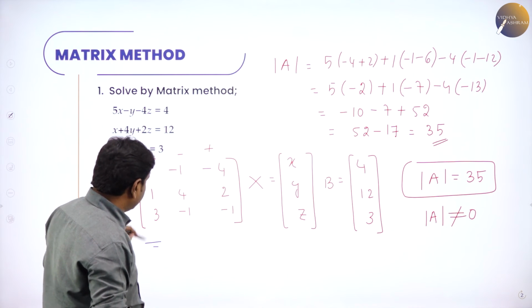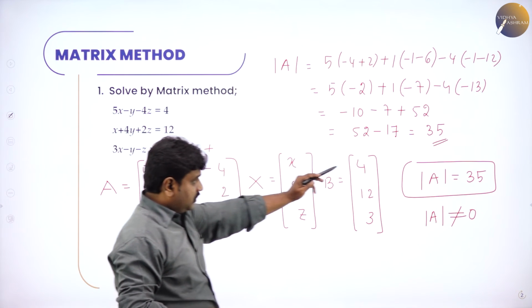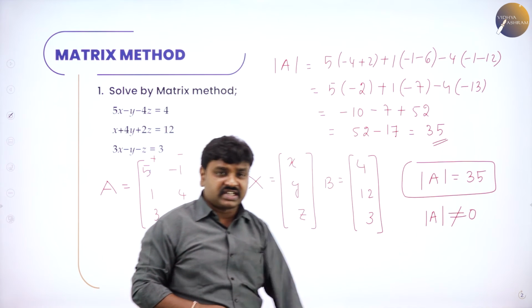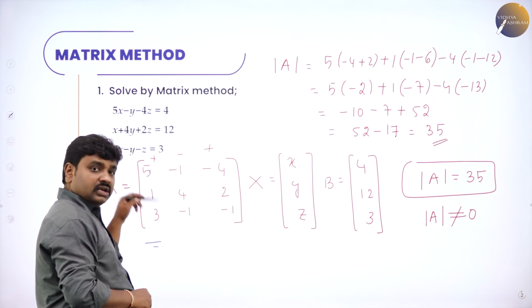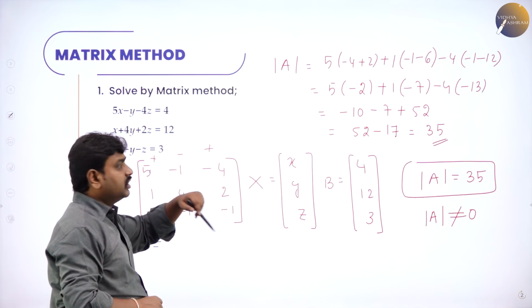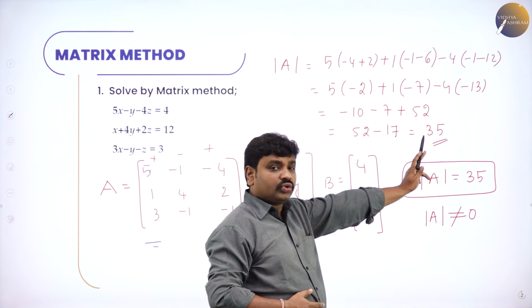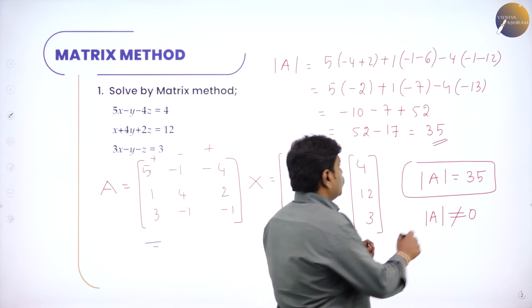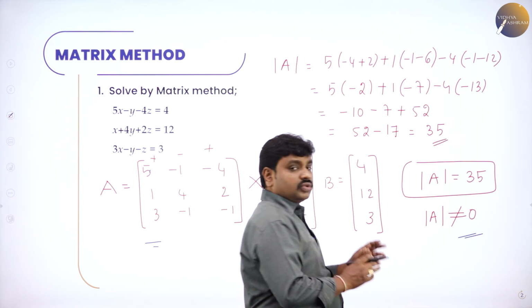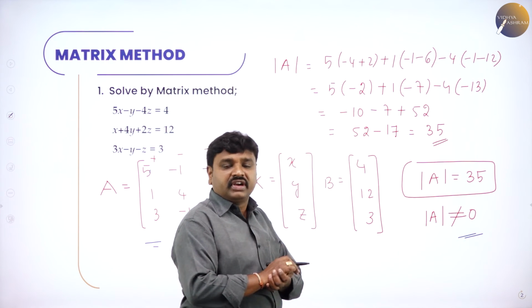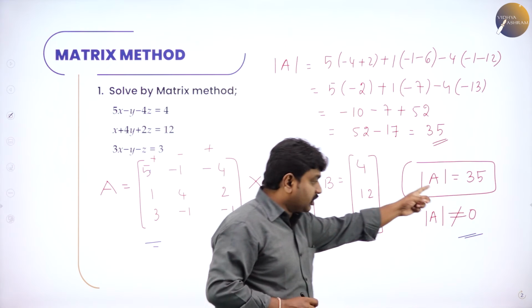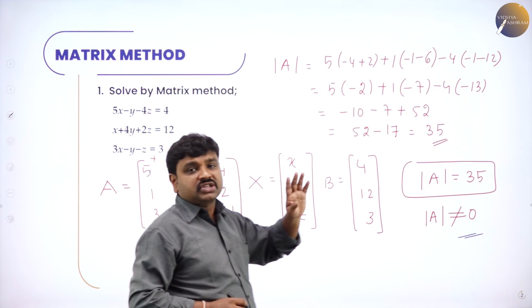Then first find the determinant of A. All of you know how to find a 3 cross 3 determinant, with plus minus plus signs, deleting the row and column. After you find it, you should get a number which is not 0. So you got 35, which is not 0. Therefore the conclusion is it is non-singular, and you can go ahead finding the inverse. First they'll check your determinant. If the determinant is wrong, no marks will be awarded.